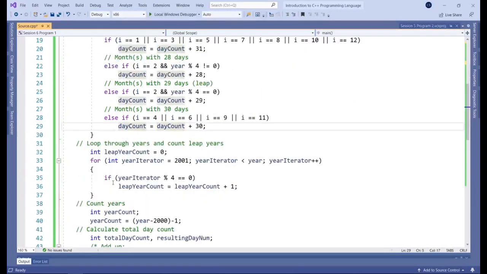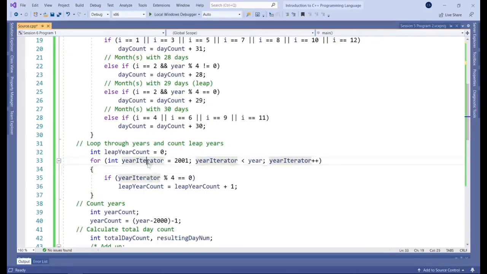Now, moving on. Next, we have to loop through the years and count how many leap years we have. So we created a variable to keep track of the count of the leap years. That's set to 0, of course, as a starting point. And then, as I mentioned to you, we have the for keyword. So we know we have a for loop here. We can think of them as the settings or the parameters of the for loop, right? The instruction set. And then we have the body of the for loop. So it's actually going to be repeated, okay?